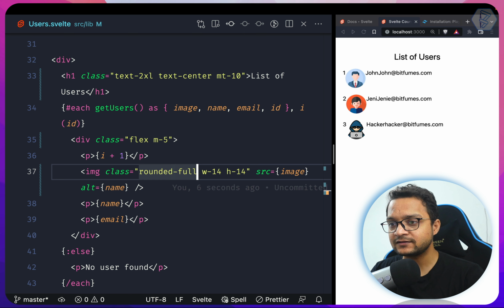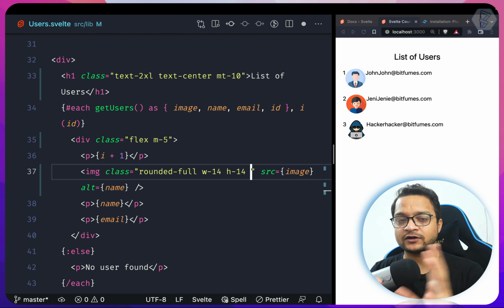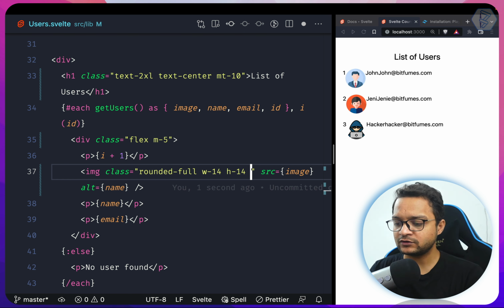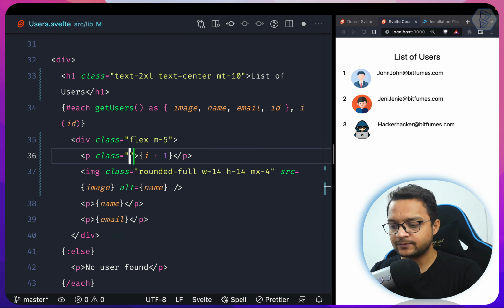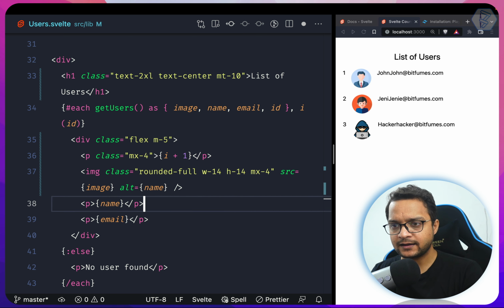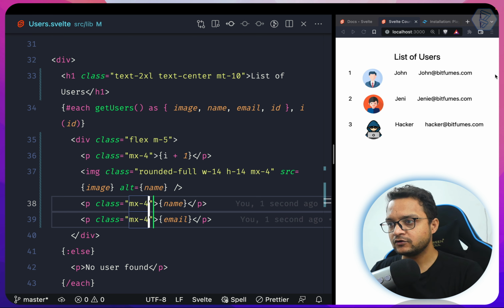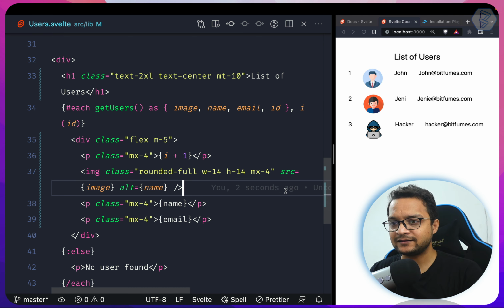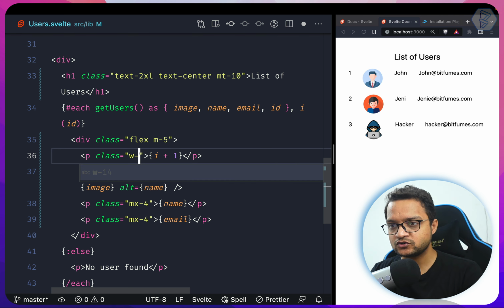Next, this image also should have margin x, a margin of right and margin of left. So if we give both, then we use margin x as 4 like this, and same on the p tag, margin x 4, and on these two also class of margin x 4. Looks good, but I think we need to provide a width. So instead of giving this margin x of 4, I can provide that width is going to be only, let's say 10. Yeah,